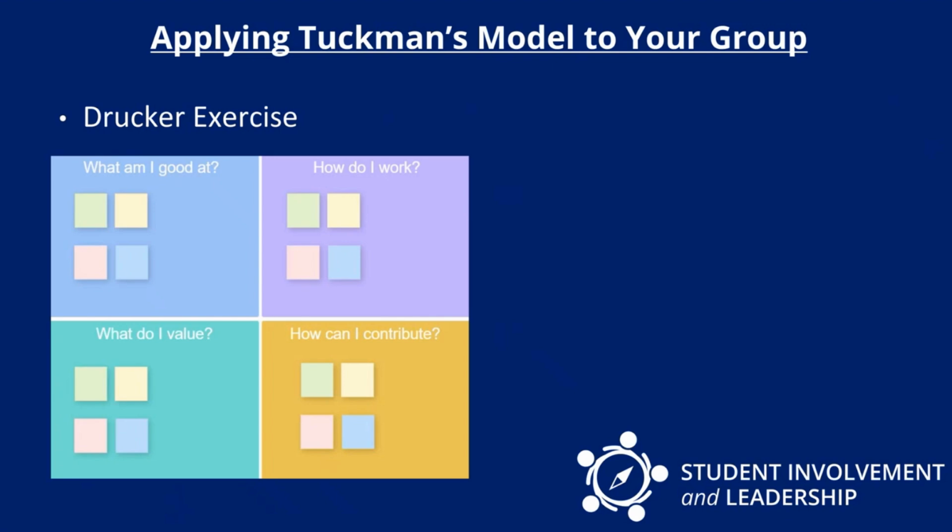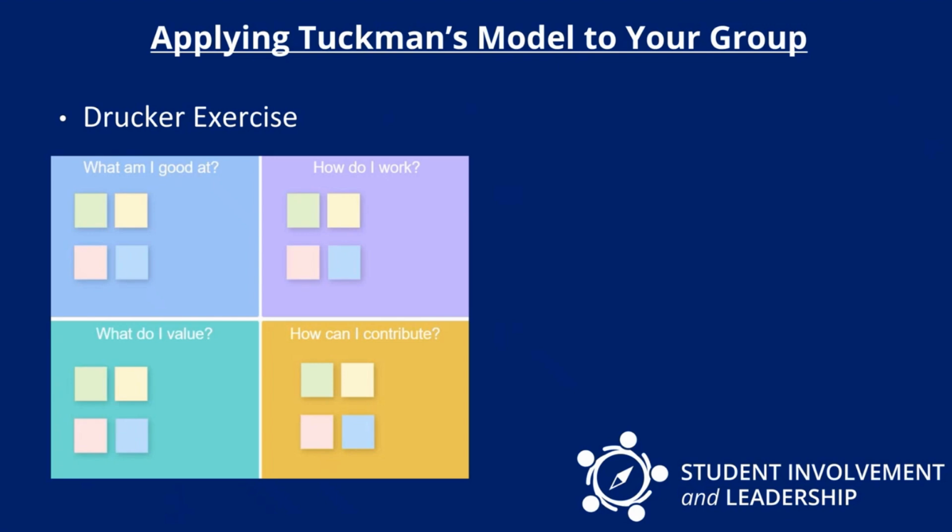So for instance, if you're in the forming phase and you have your team members work through this exercise, it can help your team members just get to know each other better, help to start forming those bonds and that community among team members. Another instance would be in the storming stage. You can help reconcile what people are expecting in the group. People might have very varied expectations coming in, and that's going to lead to some conflict during the storming stage. But by just laying them out through exercises such as this, you can help to start that